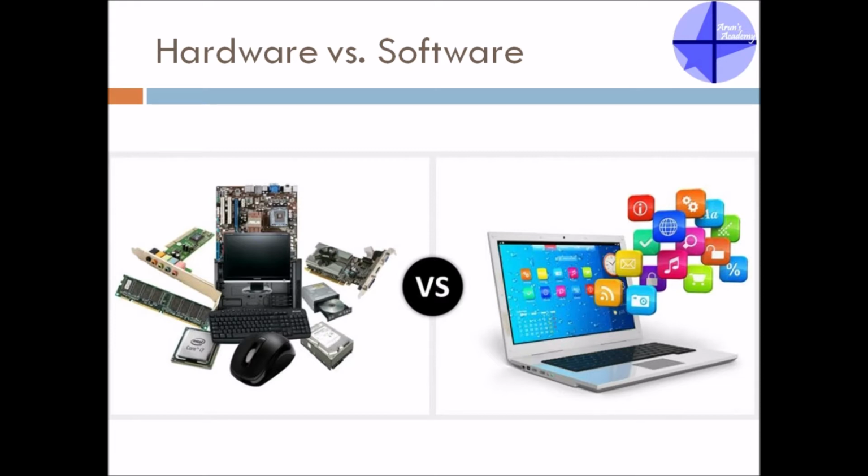Is it only enough for a computer system to work? If you assemble all the hardware components together in the right way, do you think the system will work? Absolutely not. The next key thing which is required for a system to work properly is software. All the things, I would say, which cannot be seen but still are helping the system to run in the proper way are called software. Alright, so let's first come to the different hardware which a computer system has.